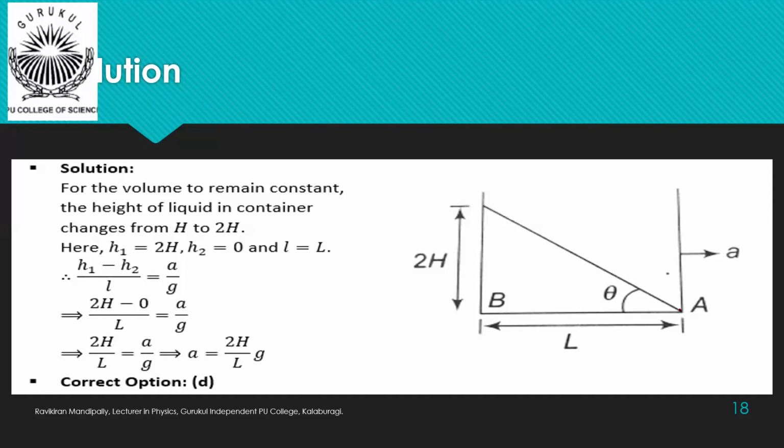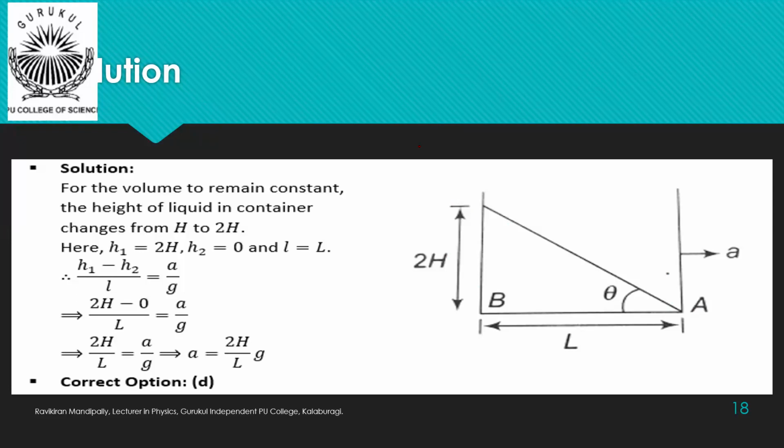Then what happens at this position? Pressure is only due to atmosphere. So at point A, inside the container we have pressure equal to atmospheric pressure, and outside also we have atmospheric pressure. So pressures will be equal. Hence the liquid will not come out. But in this case, the height of the liquid at the other end of the vessel will become 2h, where h is the initial level.